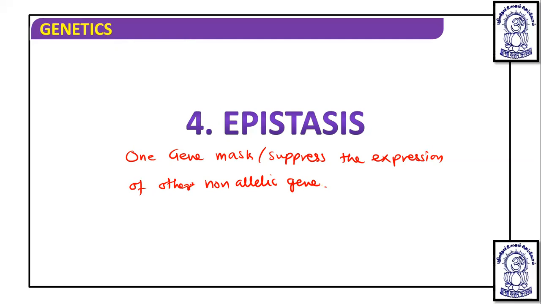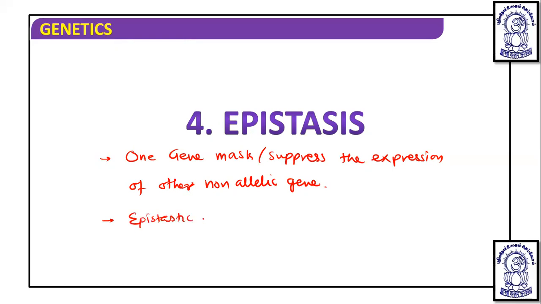Dear students, please do not confuse dominance with epistasis. Dominance is an allelic interaction, meaning suppose capital T and small t are the two alleles. Capital T can be dominant over the small t only. Capital T cannot be dominant over the capital R. But in epistasis, if two different genes are there, like capital T and capital R, and capital T is suppressing the effect of capital R, then we can say it is epistasis. So the gene which masks or suppresses the effect of the other gene is the epistatic gene.